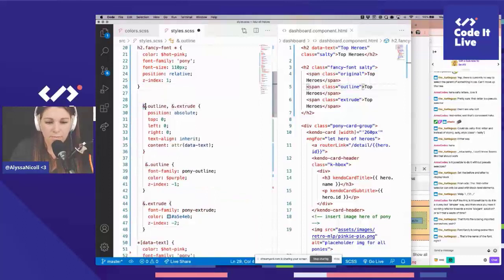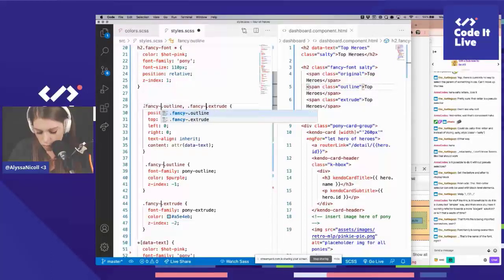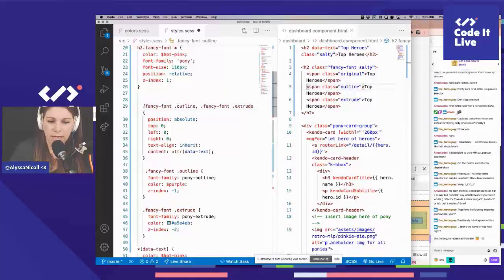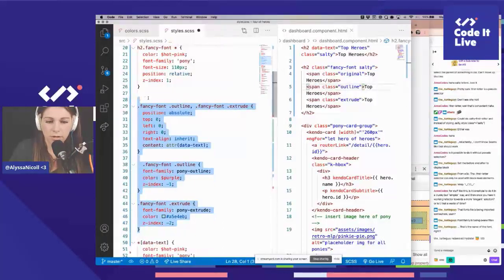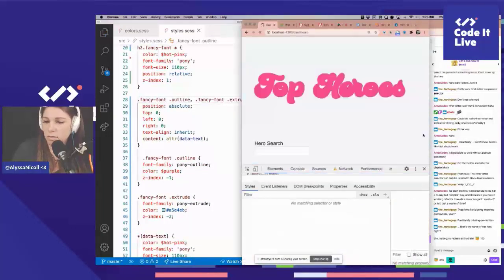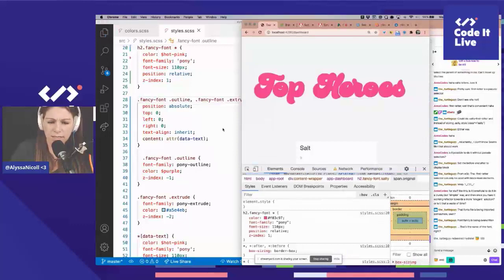Instead of ampersands, we're going to go ahead and say outline inside of fancy font, extrude inside of fancy font. Outline and extrude inside of fancy font. That's exactly what we were trying to achieve before in our nested syntax. Okay, the next thing is,